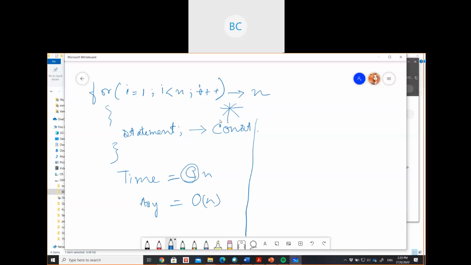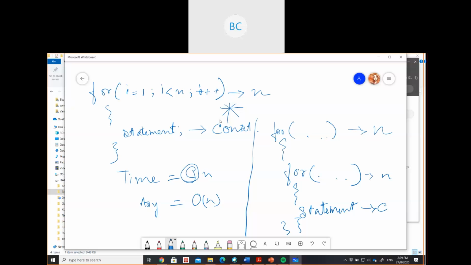There will be two for loops, one for loop and another for loop inside it. Again there will be some statement. So when you have two for loops, one will take n, the other will also take n, and the statement will take c.